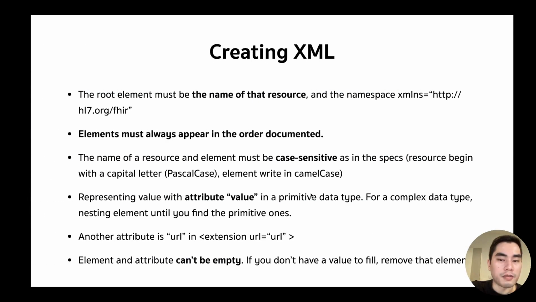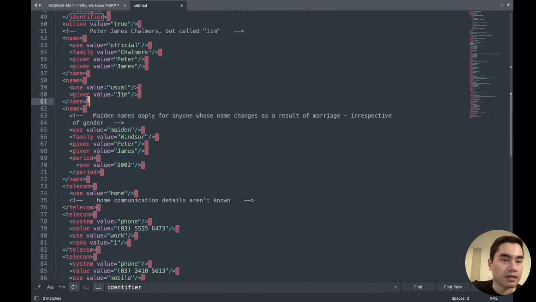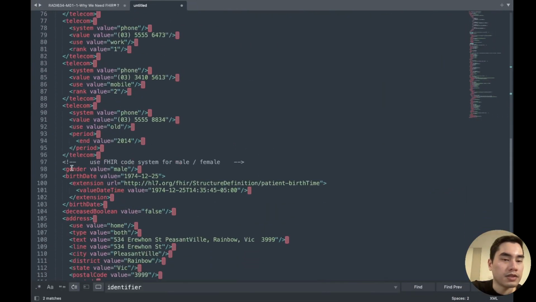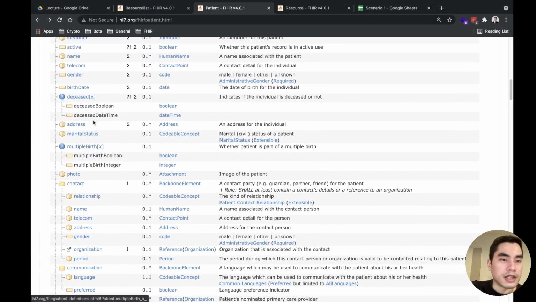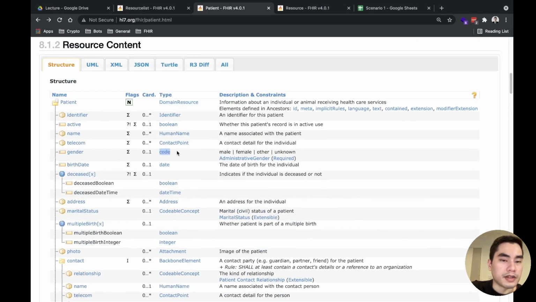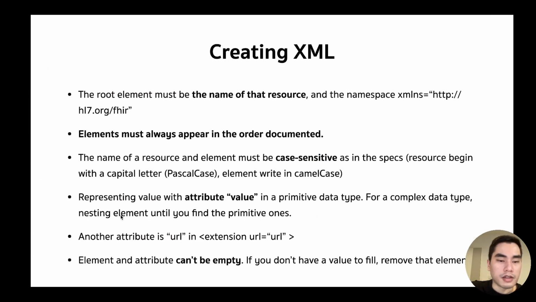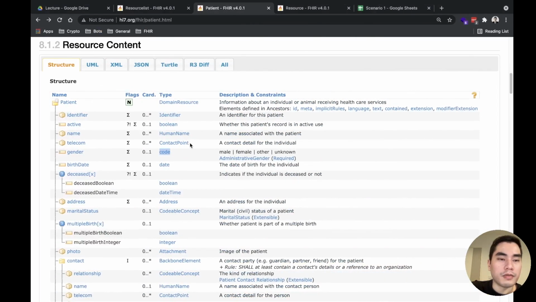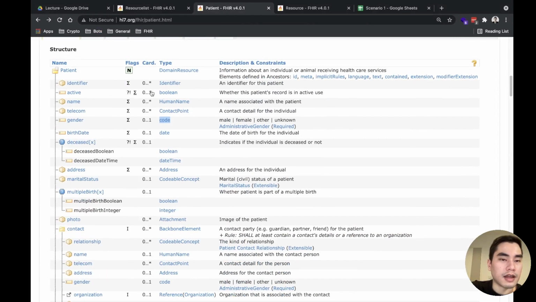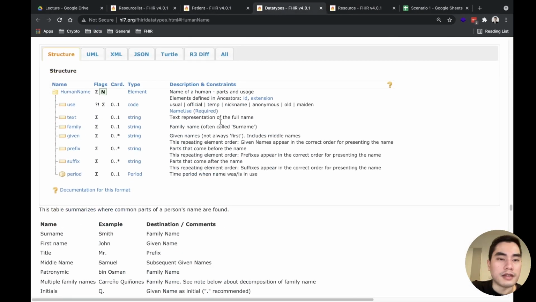If it's a primitive data type, you can put it like this one, gender value, because gender is a primitive data type. But if it's a complex data type, you have to nest it, like human name. This one is a complex data type, and within that it has a structure like this.